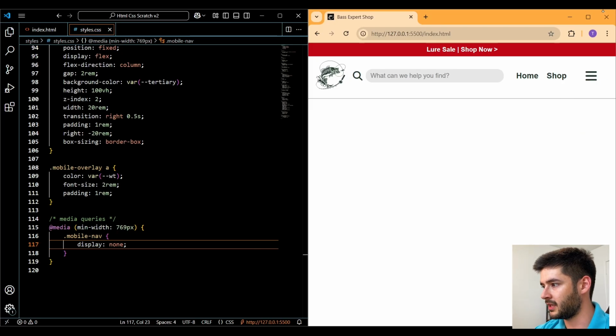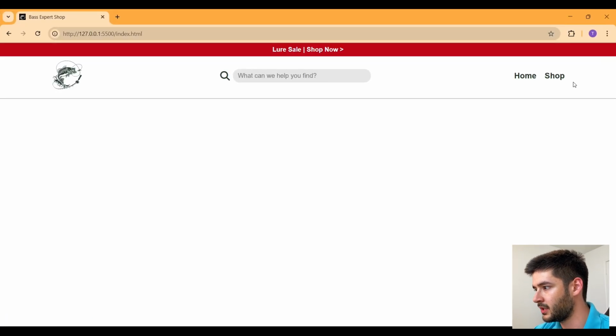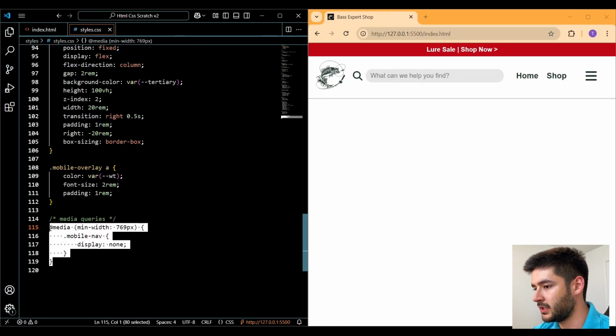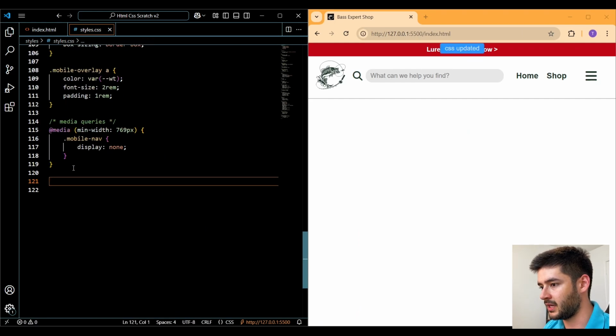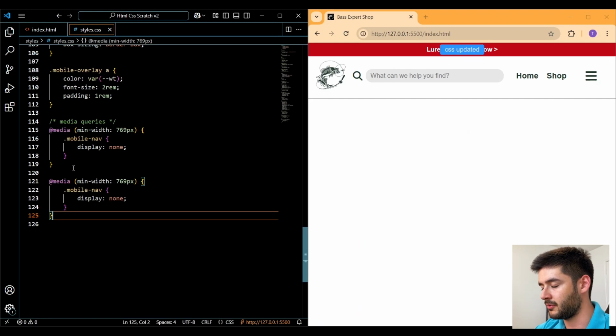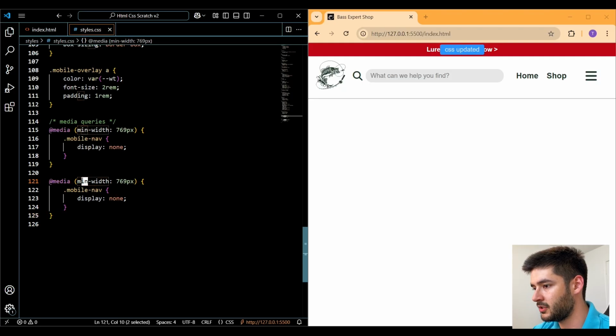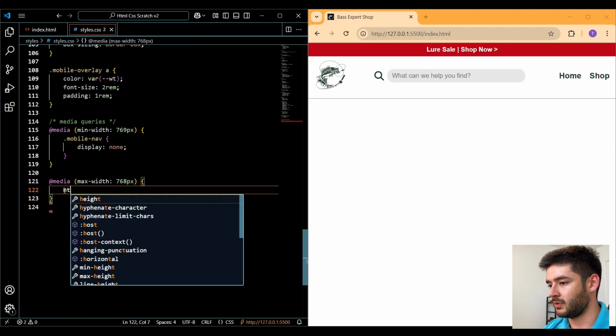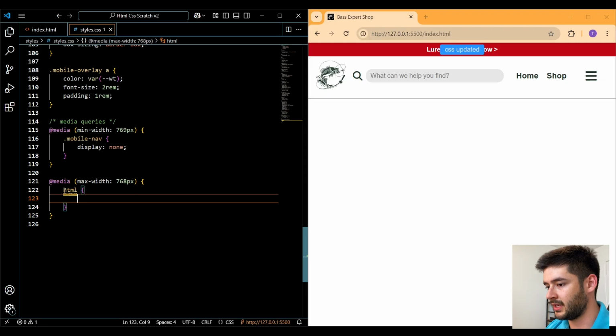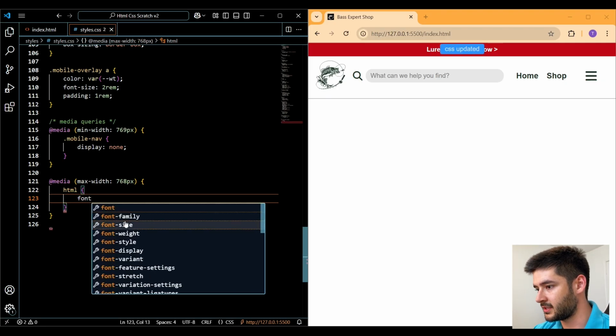But if we make this a full-sized viewport, you guys will see that it disappears because now we're over 769 pixels. So we also need to do this again, but for our full-sized navigation. So we'll go ahead and paste in our media query again. And what we're going to do is change this to a max width and specify 768 pixels. And inside of this, what we want to do is target our HTML element and change our font size to